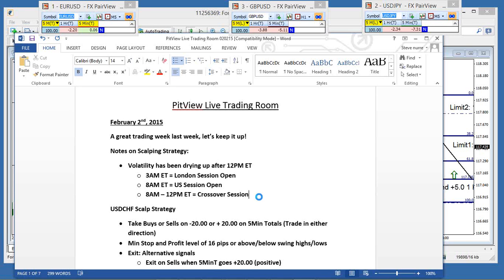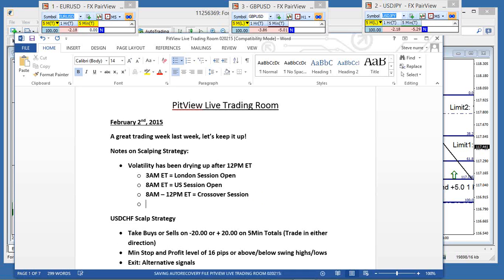So here's my point: until further notice, on the scalping strategy, only take trades from 3 a.m. to 12 p.m. Eastern. And this has been the way I've done it for quite some time. This used to be a normalcy to me, to where I would never, unless it was a swing trade where I was going to hold it for several days,